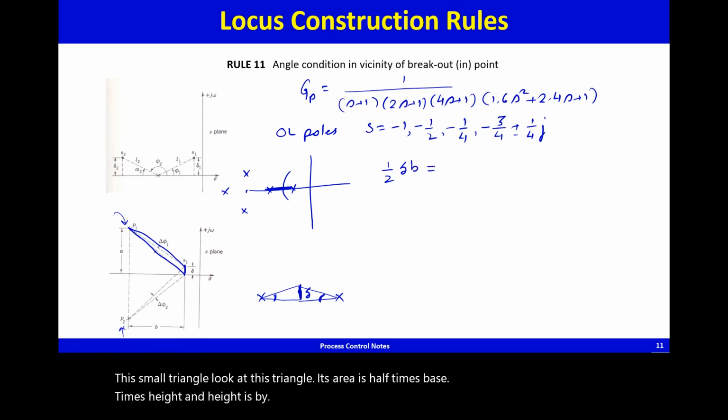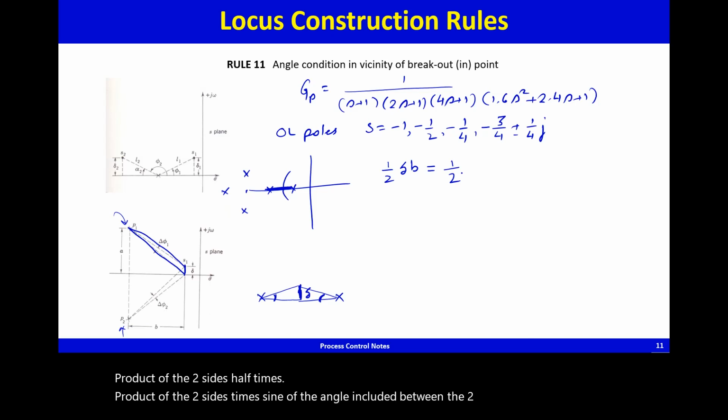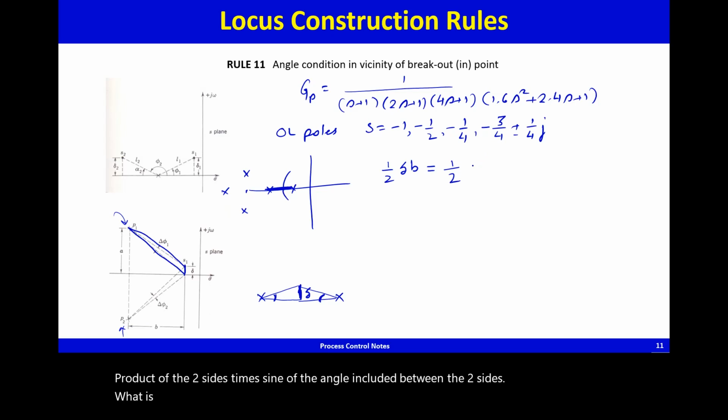This is also equal to half times the product of the two sides times the sine of the angle included between the two sides. What is the magnitude of the two sides? It's square root of a square plus b square